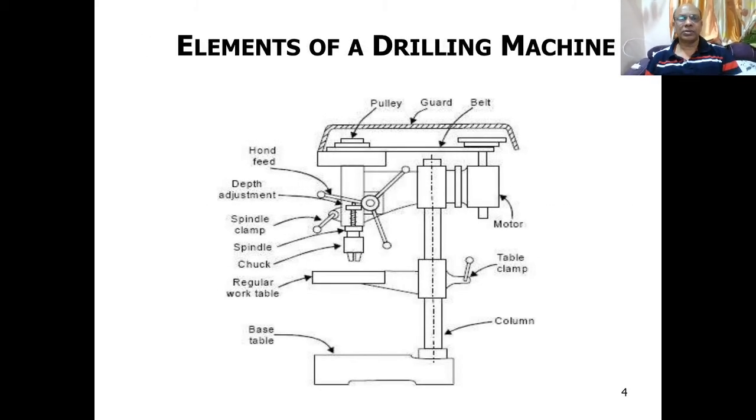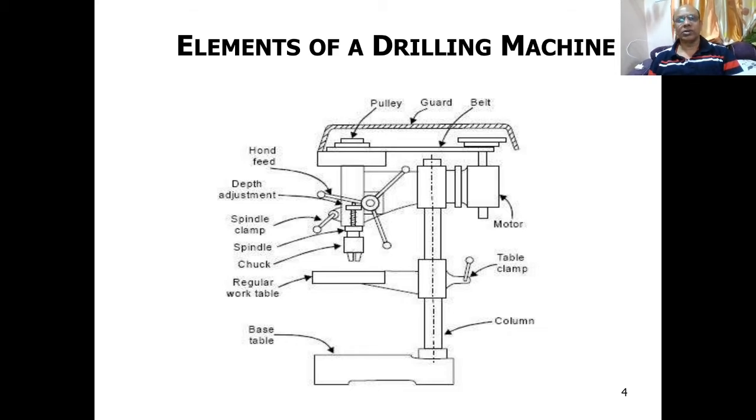Now let's see the elements of the drilling machine. What are the different parts of the drilling machine? Here we have the four pillar drilling machine, where the different parts are the base, on which all the parts of the drilling machine are based, and there is a vertical part called the column. Over the vertical column different parts are mounted. The column is mounted on the base, and there is a table which is mounted or clamped to the column. And here the motor is there, which is also on the upper part of the column.